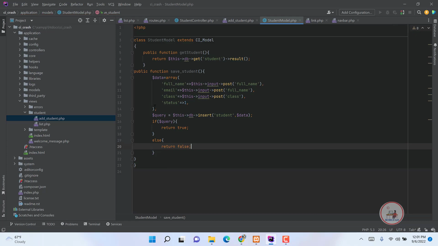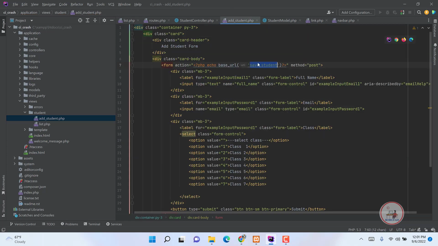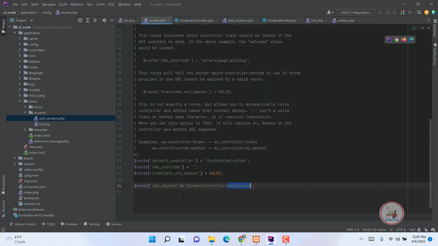Save. Okay, come back, copy, save student, and come back on route, control D, save student,